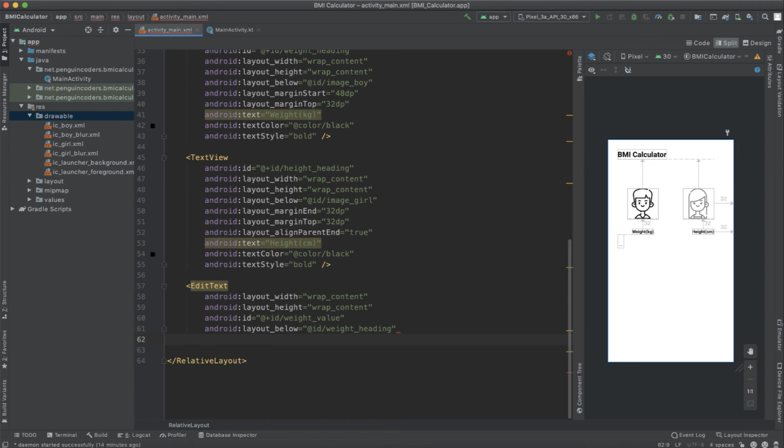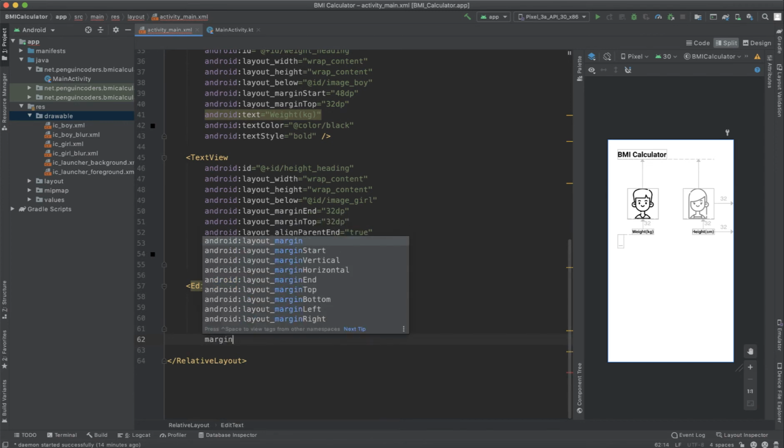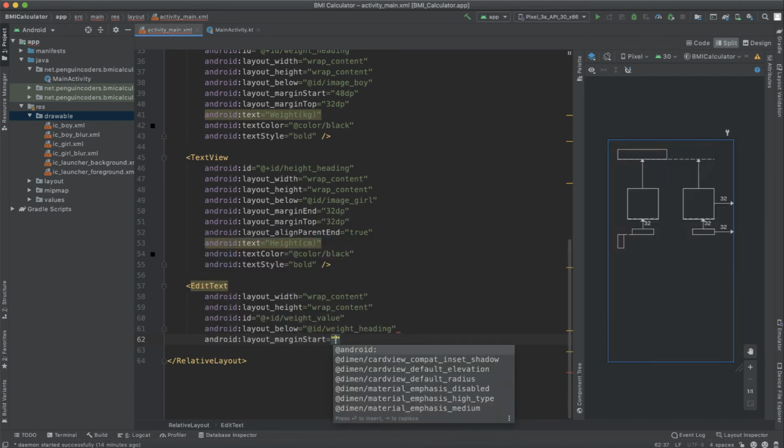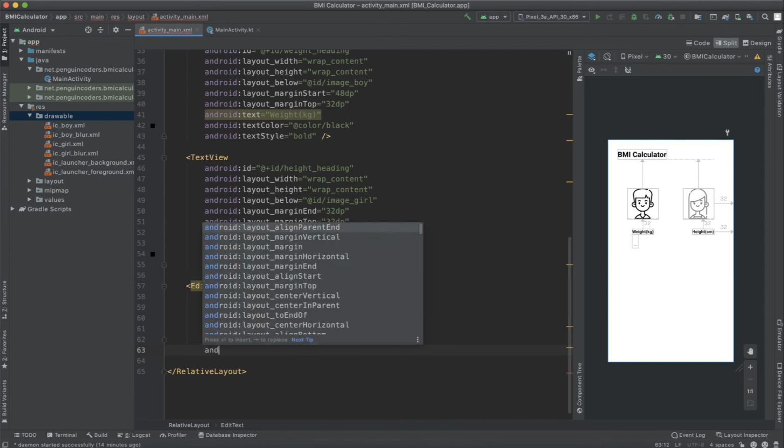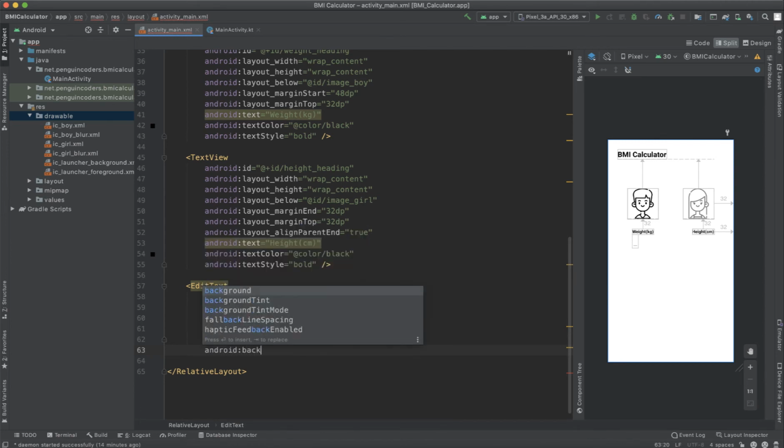And then we will add some margins, so margin start would be 48 dp, and then we will add a background, so Android background.